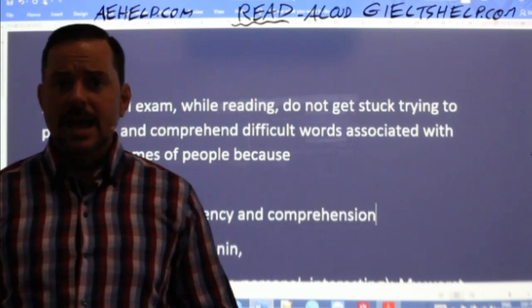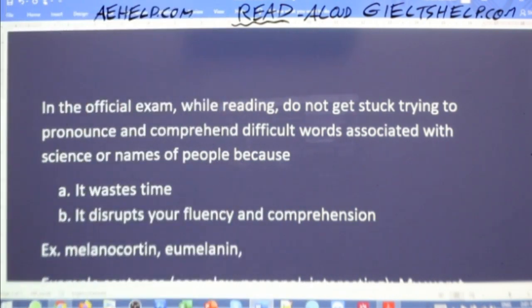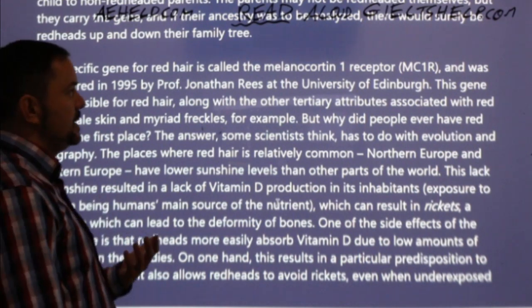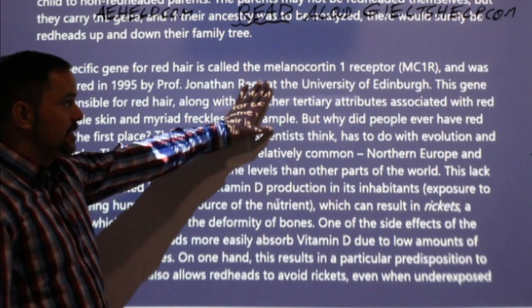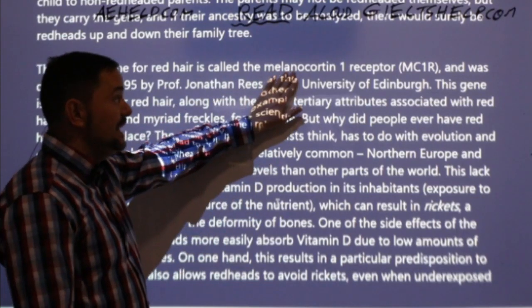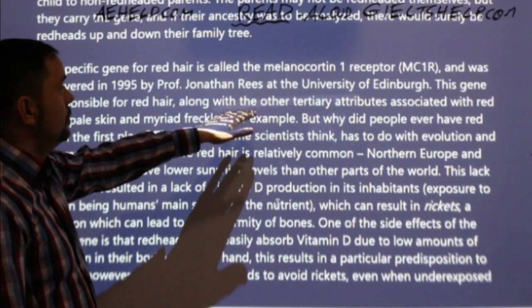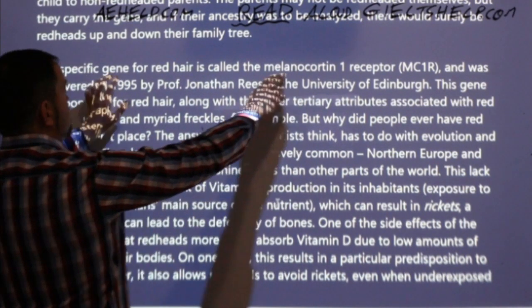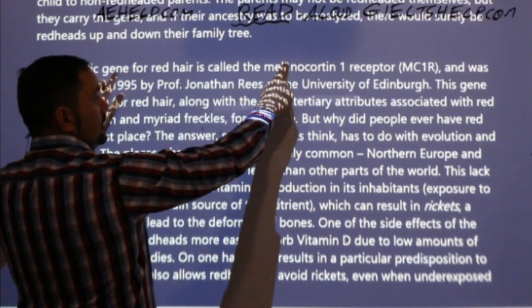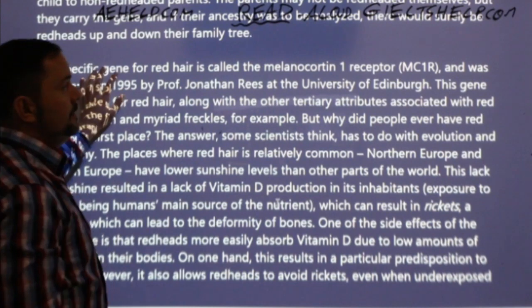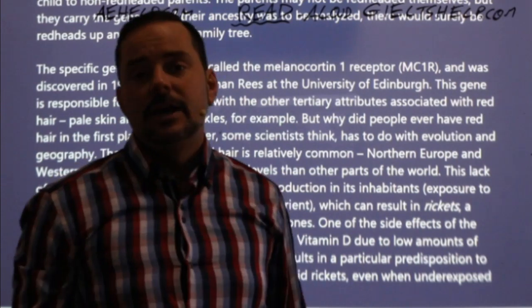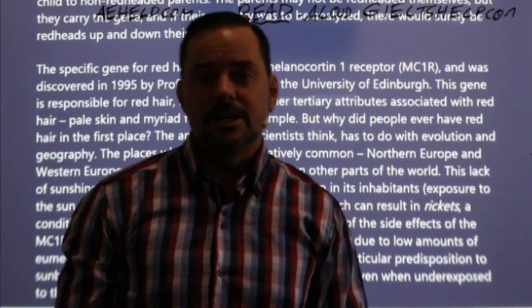Okay. Now, remember, students, the IELTS exam, especially the academic, it's testing band 8-9 as well. And I promise you that most native speakers, if they were reading this passage in the exam, they don't know these words either. Okay, so they have to understand it from context. So all they know is that this is this gene. Okay, so this is a gene. This is the abbreviation for it. A native speaker probably wouldn't know how to correctly pronounce that either. And they wouldn't even bother. Okay, somebody who's an expert user, they would just go through it.